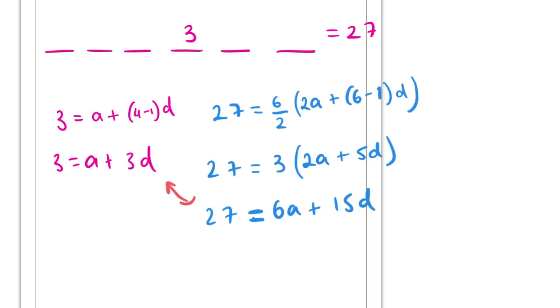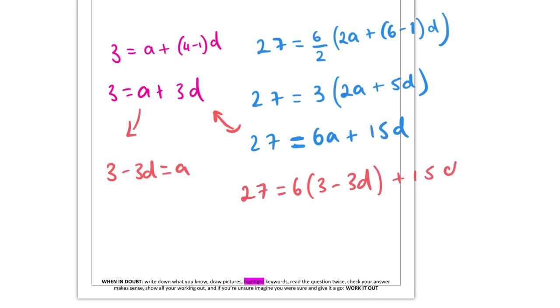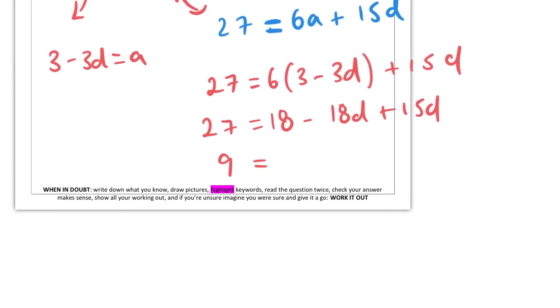Okay, here I have a pair of simultaneous equations. I'm going to rearrange this one here to get 3 minus 3d equals a. So now I'm going to substitute that in. 27 equals 6 lots of 3 minus 3d plus 15d. So then I get 27, expand the single brackets, 18 minus 18d plus 15d. Now I'm going to take away 18 from both sides to get 9, and then minus 18d plus 15d is